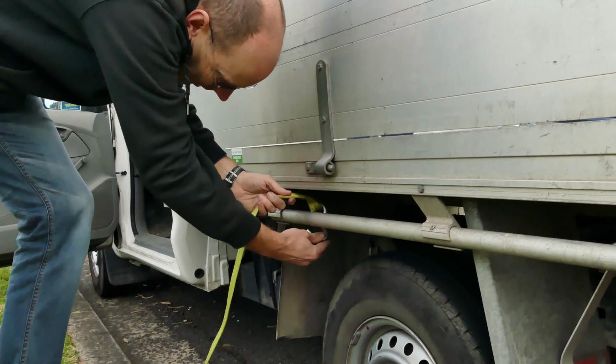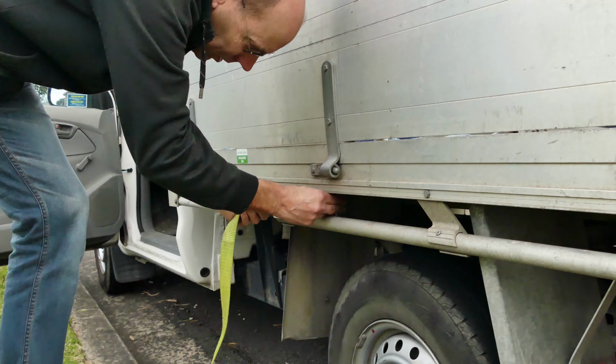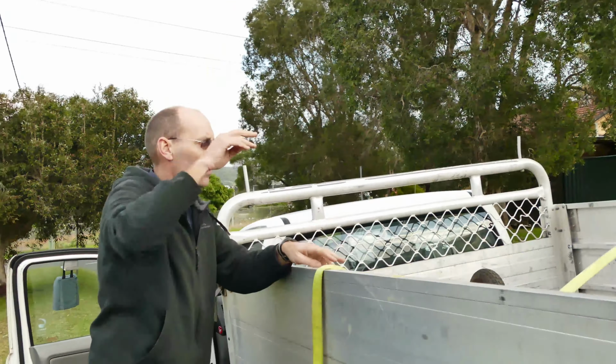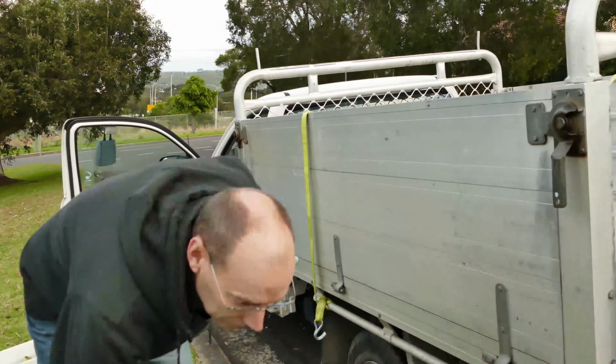As I mentioned before, these are too wide. You can't hook that hook onto that rail. So just do a half hitch, which is like so, and Google how to do knots if you don't know how to do that. Likewise, if you're using the rope, the truckies hitch is the best knot. And then just curl it up, chuck it over the top. Obviously whatever load you've got will be poking up here in the middle,